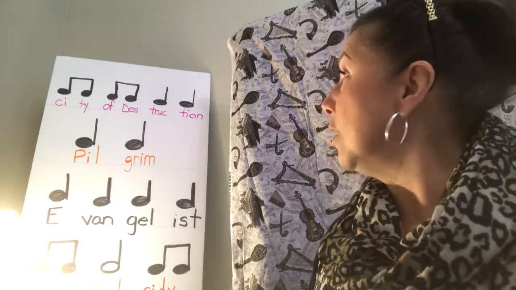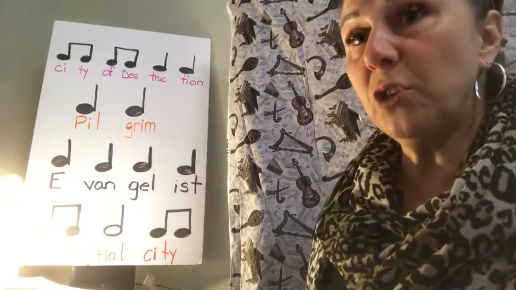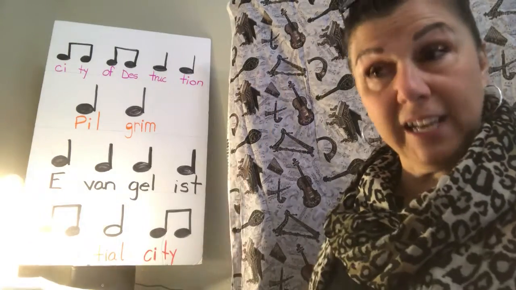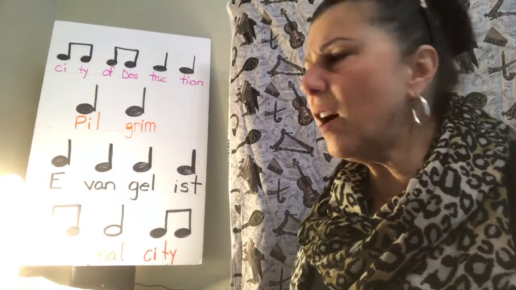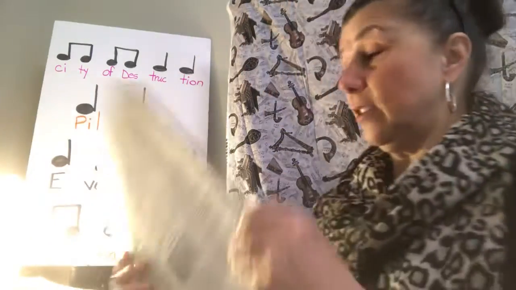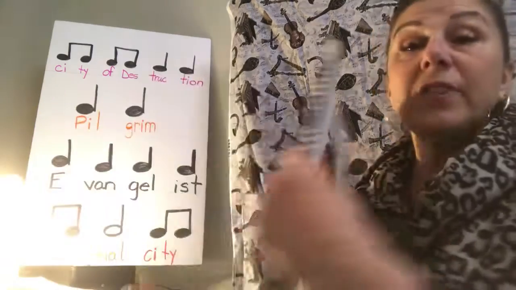So we're talking about Pilgrim. Pilgrim has left from the City of Destruction and he has met up with Evangelist, who's told him how he can get to the Celestial City. But he still has on his back this enormous burden that is causing him a great deal of suffering. So how does he go about getting rid of this? Well, this is where